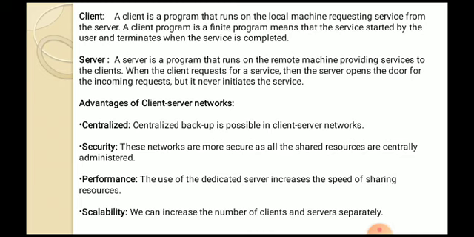Server. A server is a program that runs on the remote machine providing services to the clients. When the client requests a service, then the server opens the door for the incoming request, but it never initiates the service. The best example for the client and server model is the results displayed by the universities over their